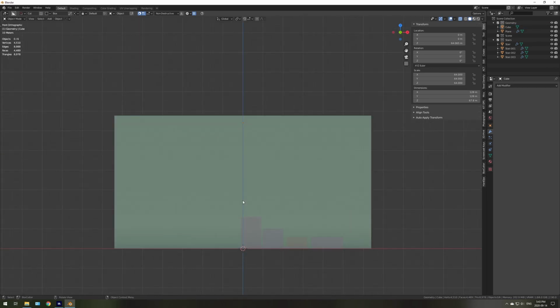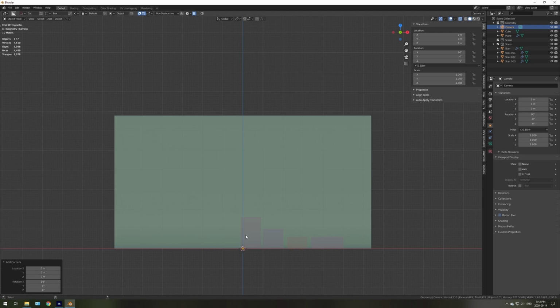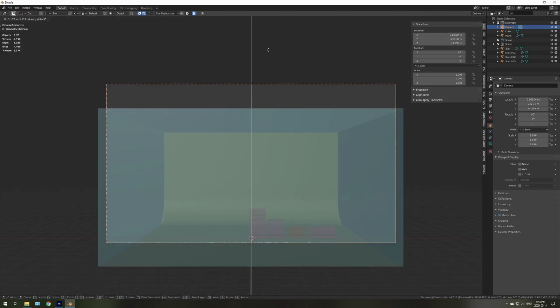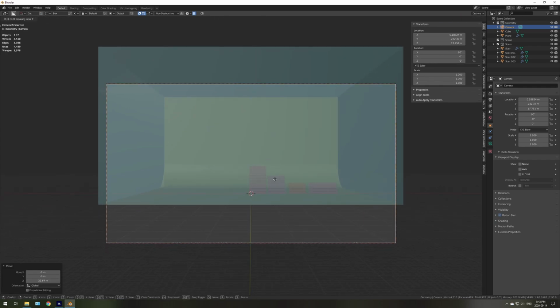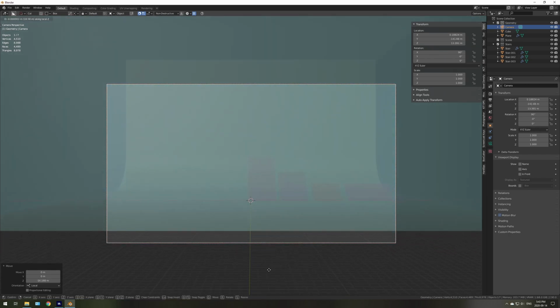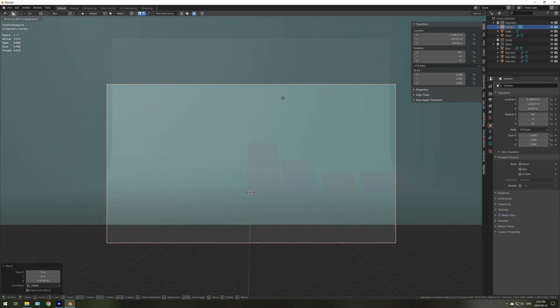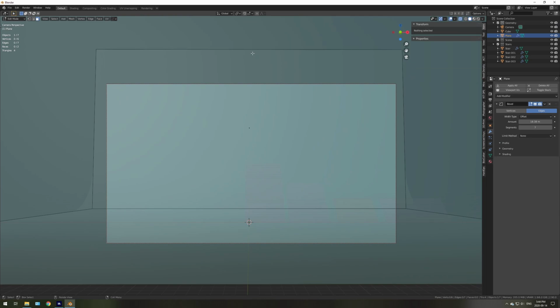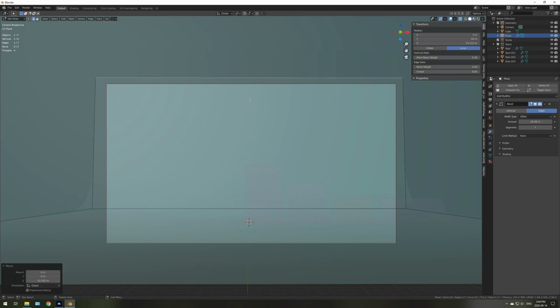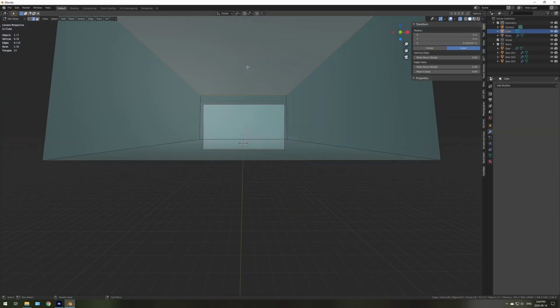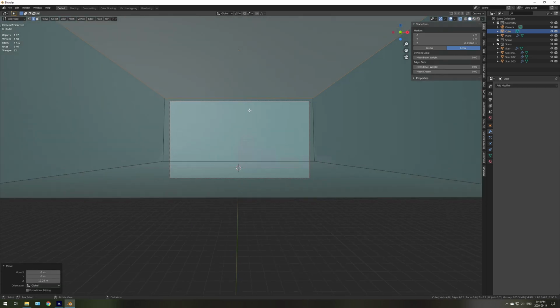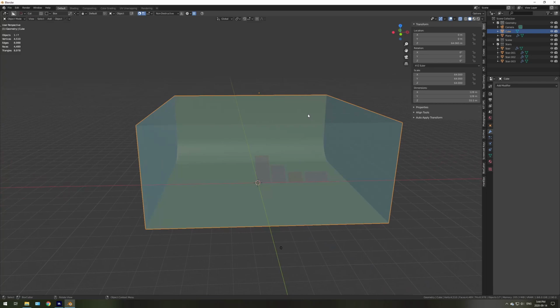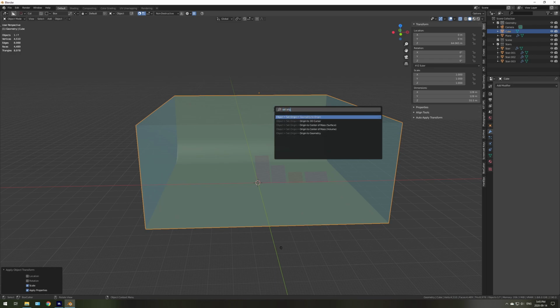So what I'll do is I'll come to the front view, I'll add in a camera, Control Alt 0 to align it to view, grab Z, draw it down, press GZZ twice to move it up. What we're trying to do is get it just on the ground here as low as we can, and let's angle it up just a little bit. Now what we can do to optimize space is move our plane down, and we can also move this down as well so it's just above our camera. What I'll do is make sure that the scale is applied to this cube. I will also make sure that I set the origin to the geometry,